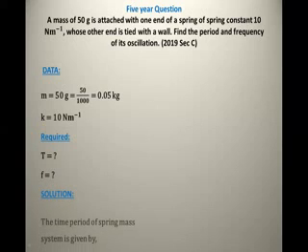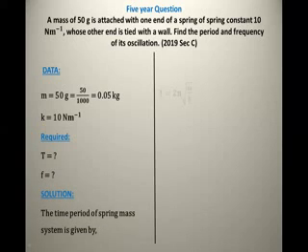Then we have the solution. The time period is given by T equals 2 pi under root M over K. This is a different formula, I think. This question does not belong to your exercise, but the formula is T equals 2 pi under root M over K. Why am I showing this question to you? Because this is a part of your 5 year, keep it in your mind. क्योंकि मैम इस क्वेश्चन में mass given था ना. Mass given है, K given है, ठीक है, so you can find the values very easily.